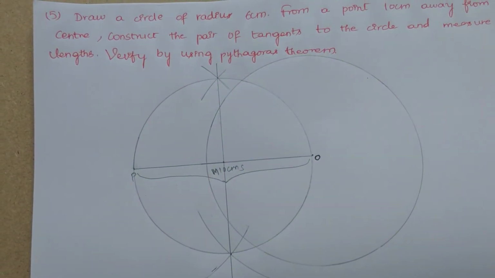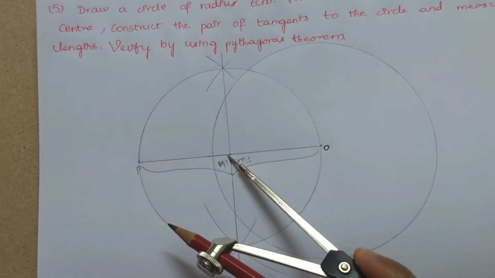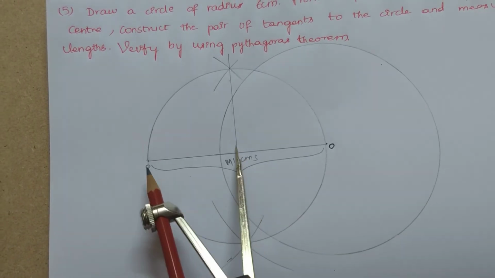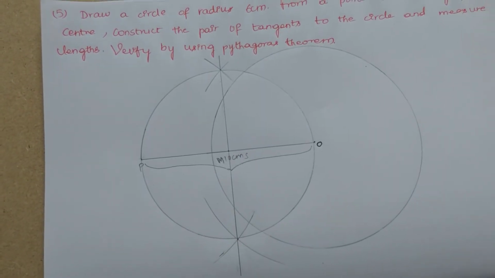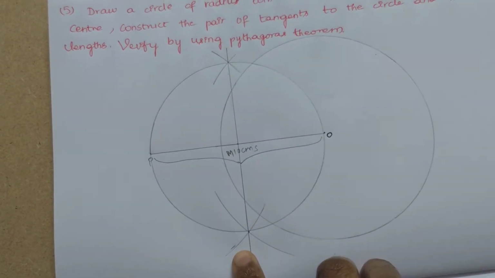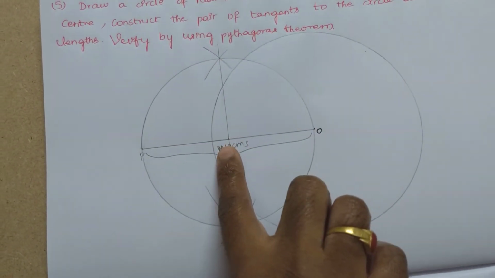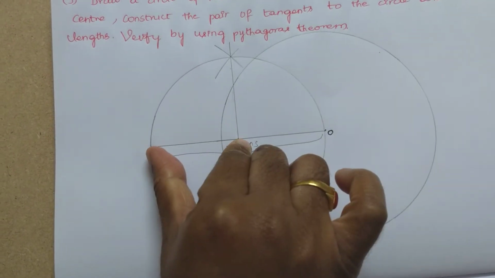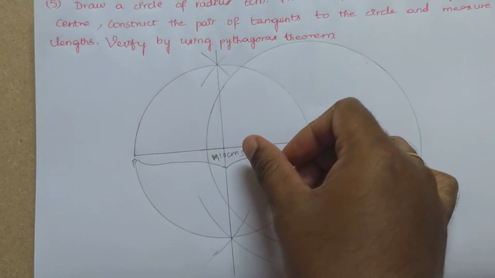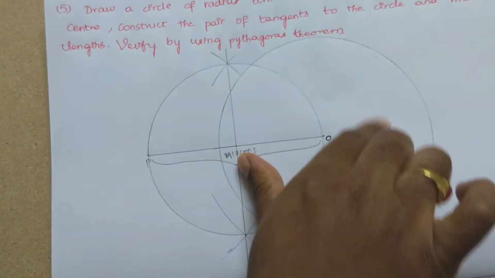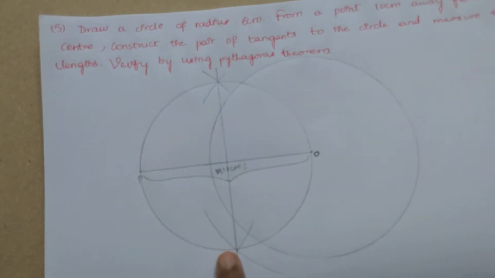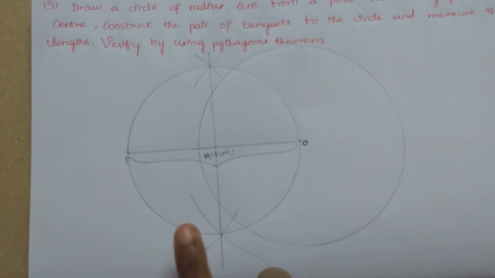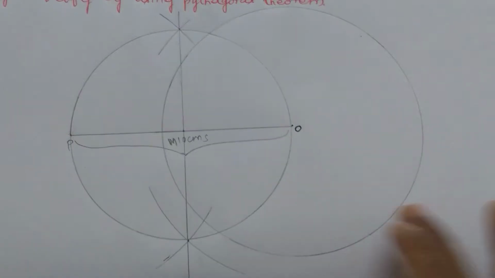Okay. So from the point M, I have taken the radius of the circle as PM or MO. Anything is same since this line is a perpendicular bisector to the PO. Hence M is the midpoint for P and O. Clear? So you have to take either MP or MO as radius, and from M as center draw a circle. So the new circle, this is the new circle, right?